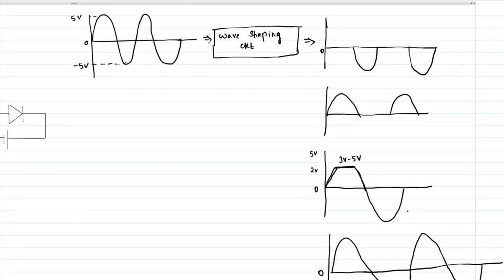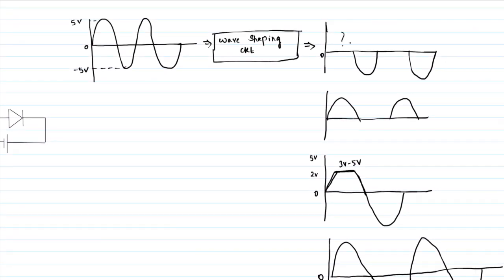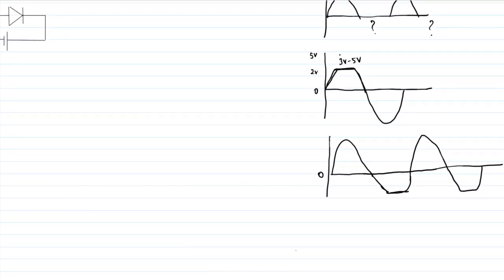So here if you see, the positive signal is clipped, here the negative signal is clipped. Here the positive signal is clipped, but not the entire signal, only the unwanted portion. In this, the negative signal is clipped, but not the entire portion, only the unwanted portion. This is like clipping, or removing the unwanted portion. So what is altering?